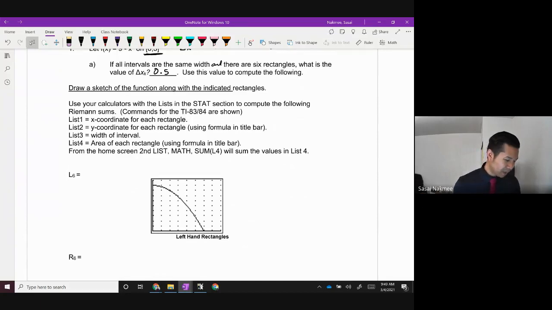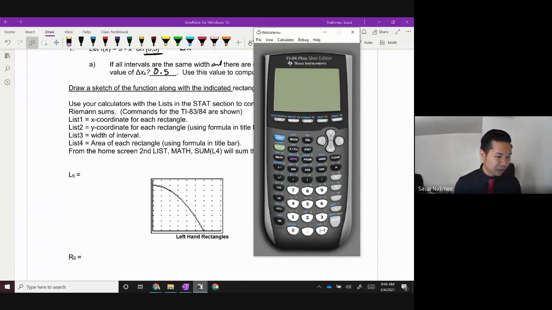You ready? If you don't have a TI calculator, you can do this on Google Sheets or on spreadsheets, but I wanted to show you on your TI calculator because, like I said, since the AP exam is going to be in person, I don't know if you'll be provided one, but you will be allowed to use the TI calculator during the exam. You just won't be able to use it on your computer. We do have physical ones.